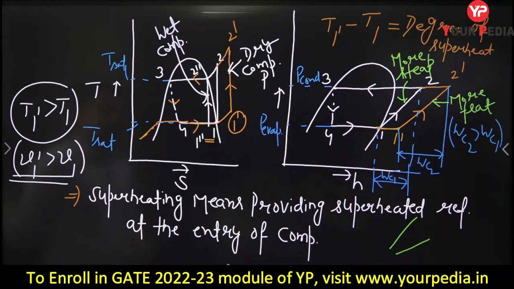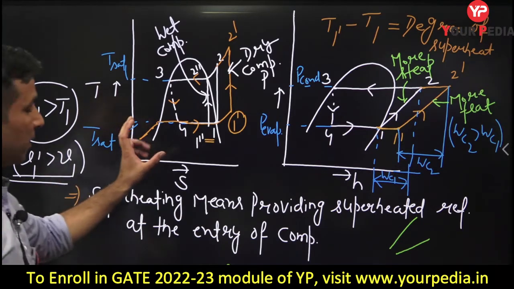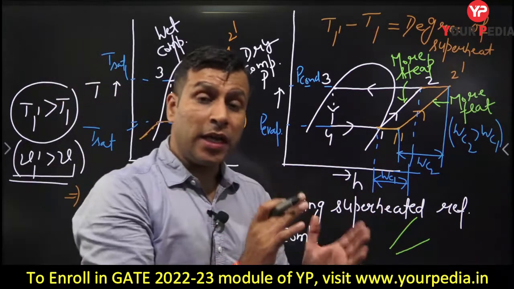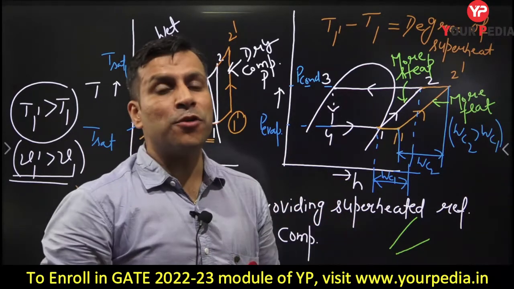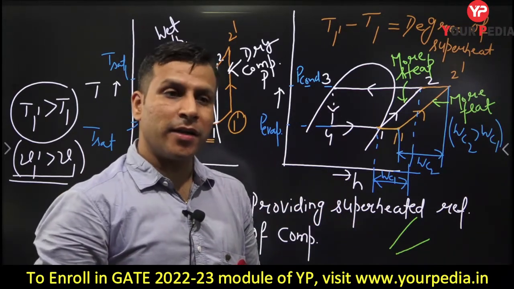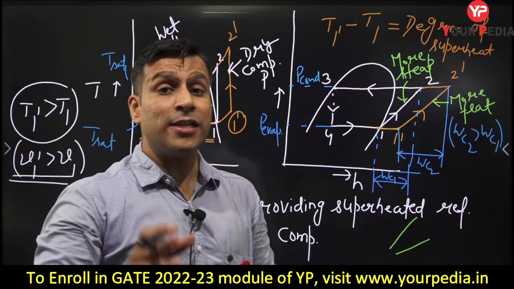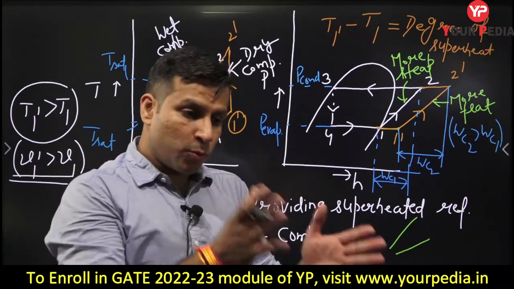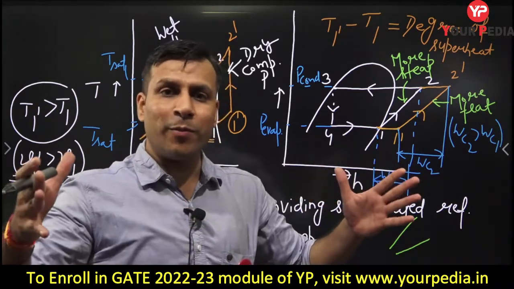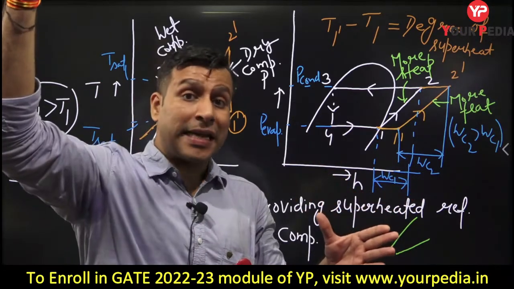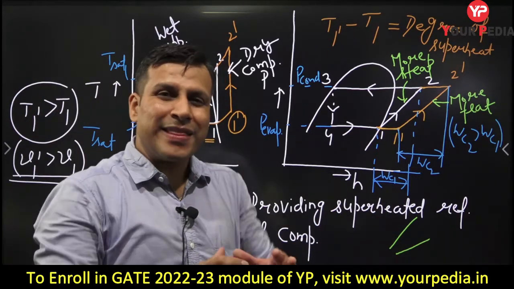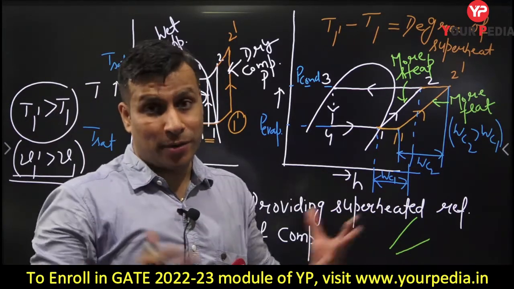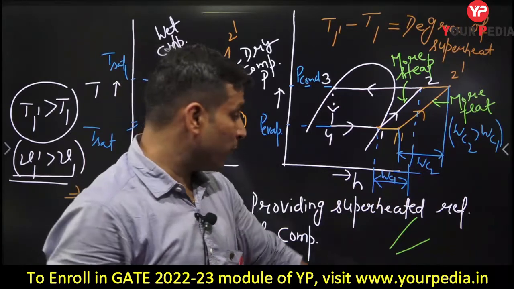ठीक है बच्चों. So refrigeration effect will increase only if you are carrying out superheating in the evaporator. Even if you are carrying out superheating in the evaporator, it means you are getting more refrigeration effect. Suppose you assume superheating in the evaporator, so refrigeration effect will be more, but W compressor will also increase. So the ratio, the refrigeration effect by WC, can increase or decrease, or remain unaffected depending on the type of the refrigerant.